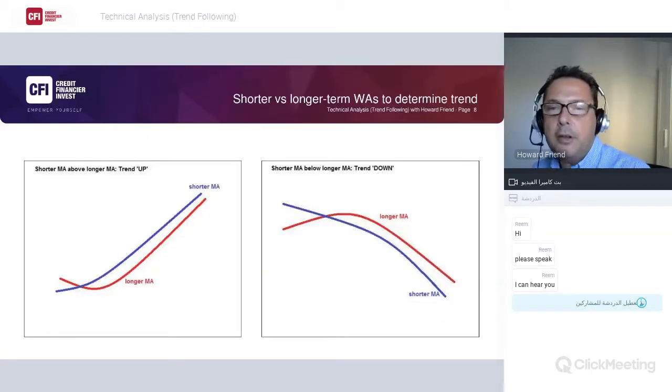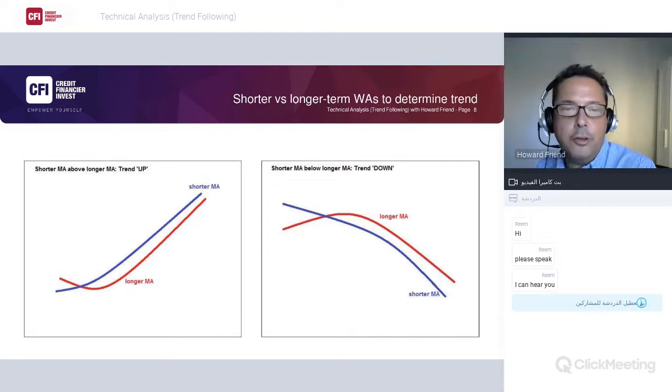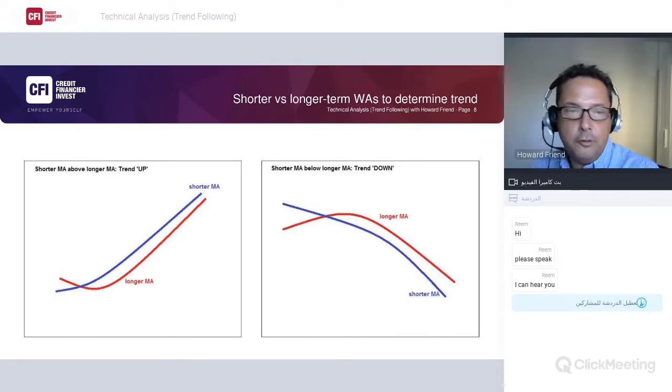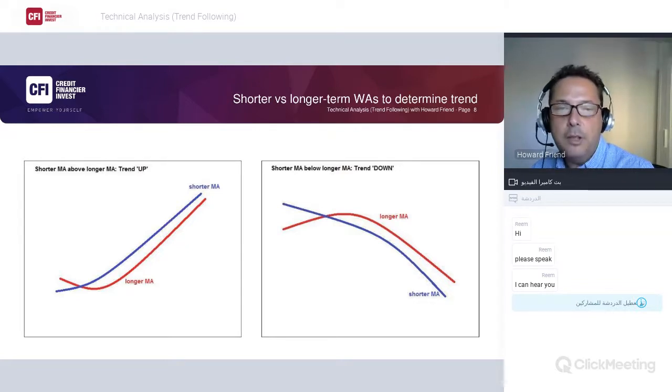Okay, so let's just take a look at how the moving average works in terms of the shorter and the longer term moving average together. So this chart here just shows you the interplay with a shorter moving average, in this case in blue, and a longer term moving average, in this case in red. So when the market is trending higher, you'll get a crossover, usually well after the turning point, but that's not always a problem, because if the market corrects back, then you've got yourself the trend indicator that tells you that the trend is up. So you've got yourself a situation here where the blue has crossed above the red,